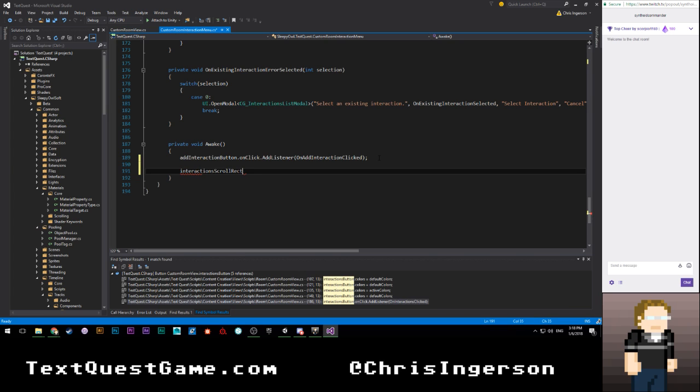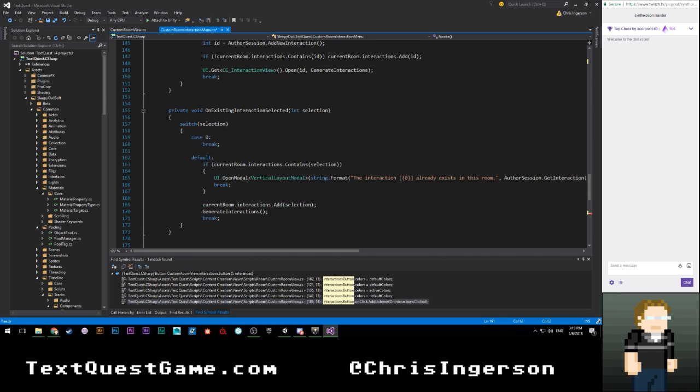Interactions scroll rect. Tell me this has an onValueChanged. It does. Hooray! Okay. I'm going to assume .AddListener, that this is Vector2. Yep. Aha! Okay. So basically what happens is whenever one of the scroll areas changes, I need to make sure the other one does as well. So I need to add,